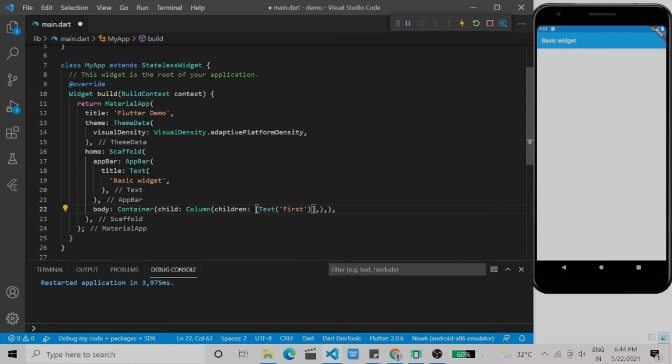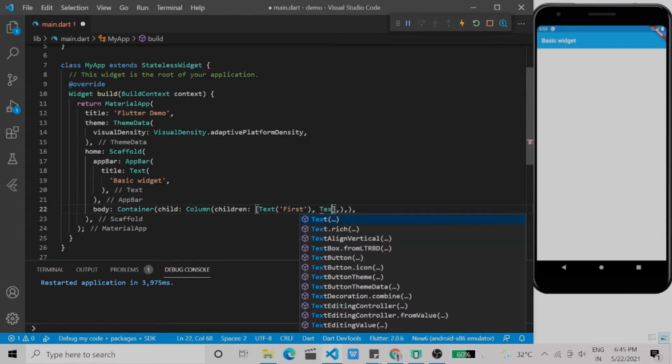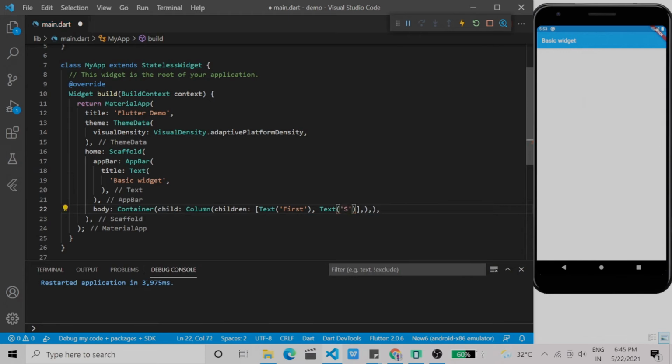I have created one Text widget, first, and I'm going to create another Text, second, and save it. You can see on the emulator first and second text are visible. It means they are created and visible in a vertical manner.